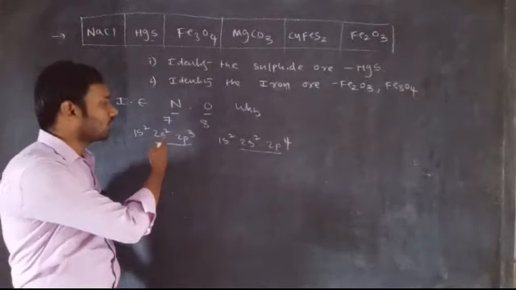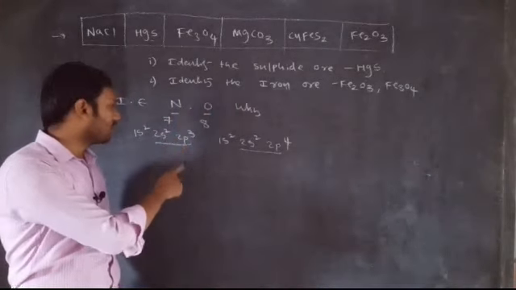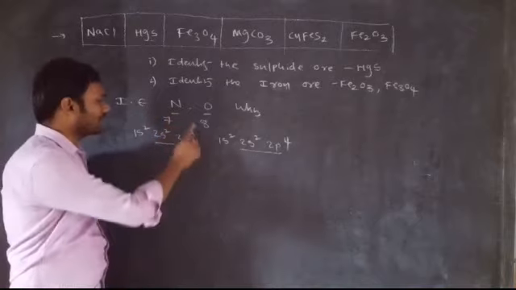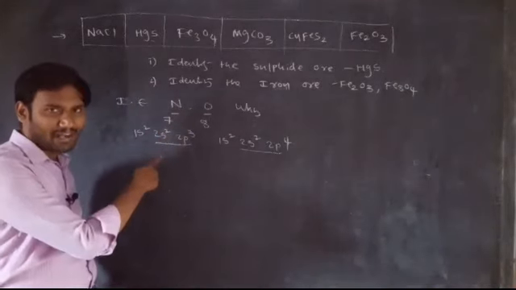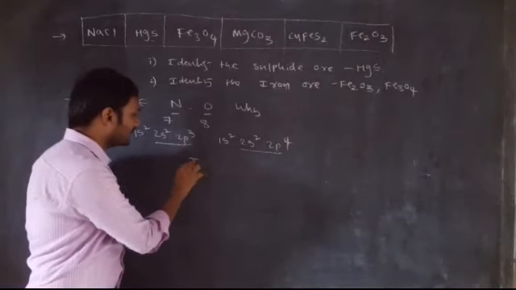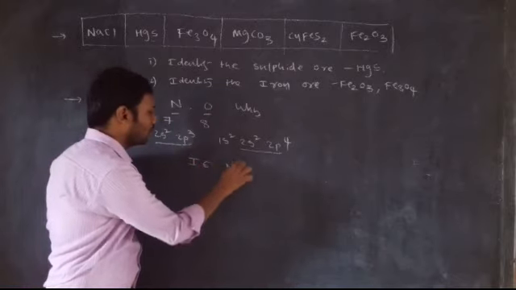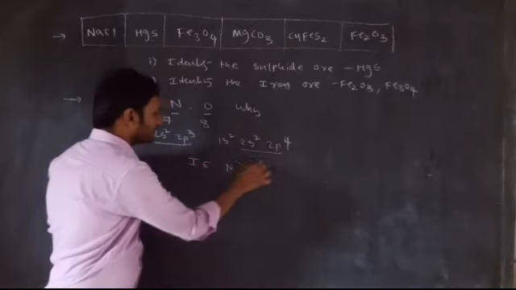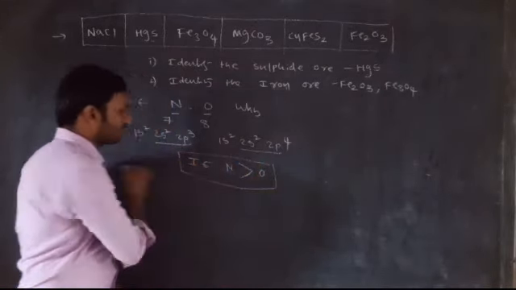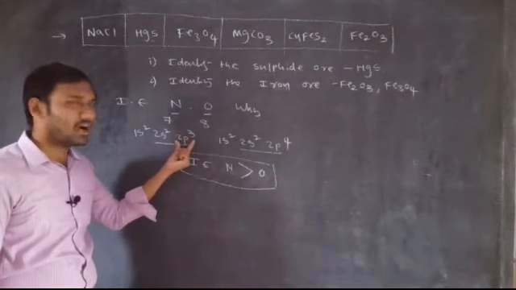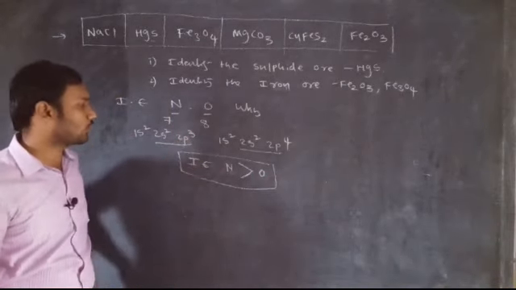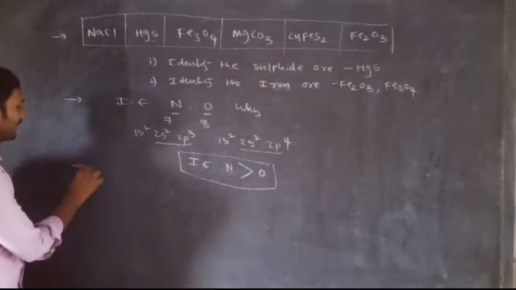Nitrogen also does not lose its stability, right? So that's why we have to apply more energy to remove the electron from the valence shell. That means the ionization energy of nitrogen is very high compared to oxygen. Ionization energy of nitrogen is more than oxygen due to what? Half-filled configuration, right? This is one of the 2-mark questions. And next, let us see the next question.